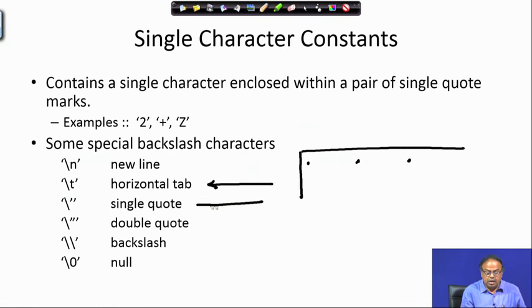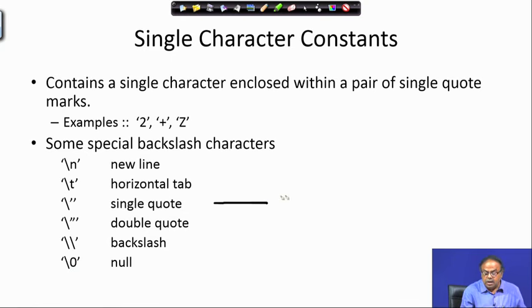Backslash, now you know single quote or double quote. If I just want to print the character single quote, how do I do it? Any character I have to put within quotes. Now, if I put a single quote here, it will be confused. It will take these two quotes and treat it as a blank character in between, because a blank character is represented as a blank within two single quotes. But I really want to print the single quote, not a blank. So, in that case what should I do?